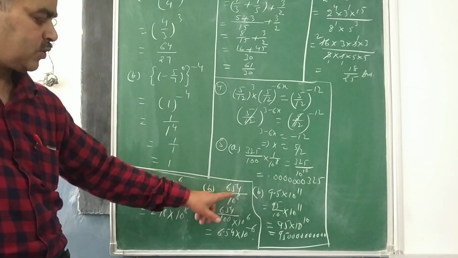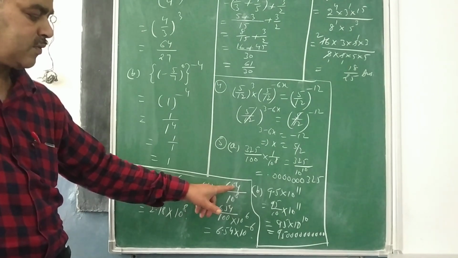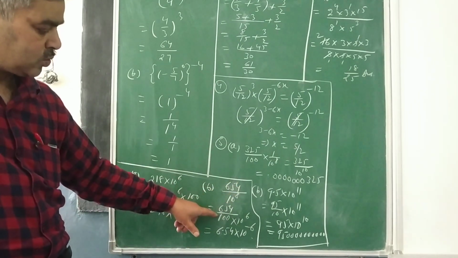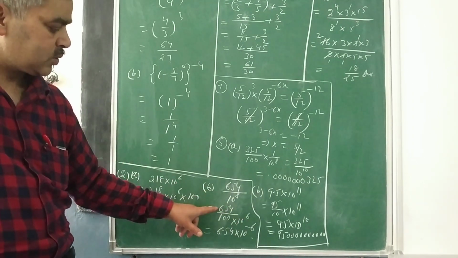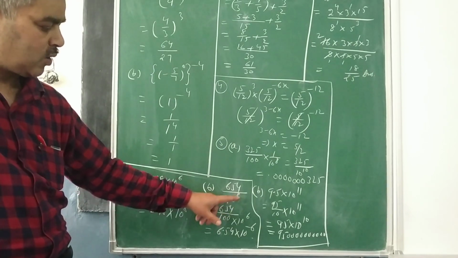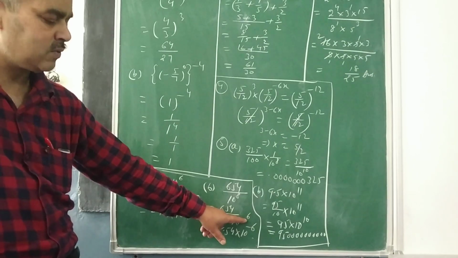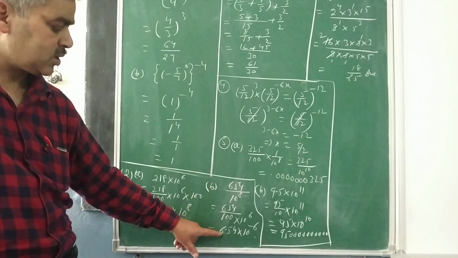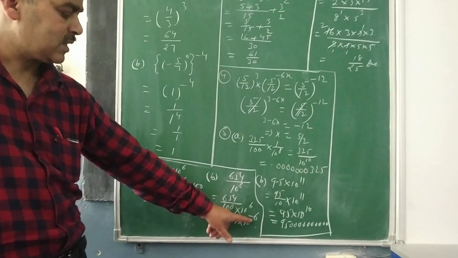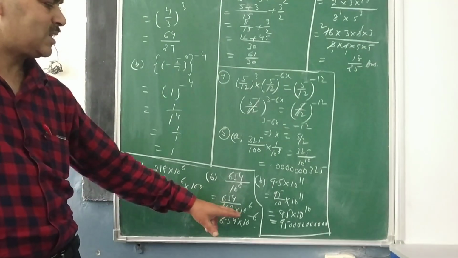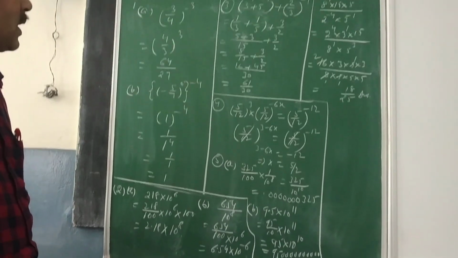Similarly here in 654 upon 10 raised to the power 8, I know I need to put decimal here, that is 6.54 I have to make. So I need 2 zeros. So when I will subtract 2 zeros, it will remain 6 zeros there. So 654 upon 100, out of it when I have taken 2 zeros to make it 6.54, so 6 will be remaining there. So this will become 6.54 and power will, when you shift it to the numerator, minus 6. So 10 raised to the power minus 6 will be the standard form. So this is the solution for your second question, both A and B parts.